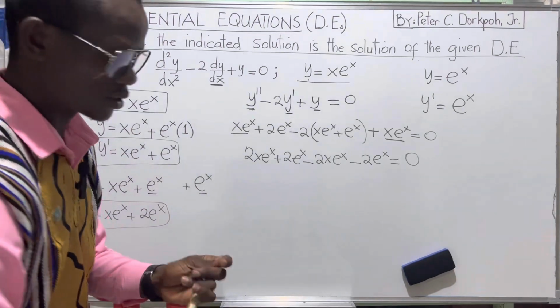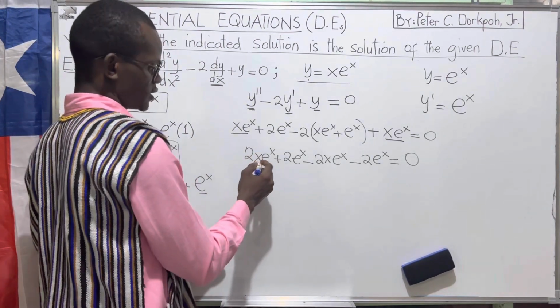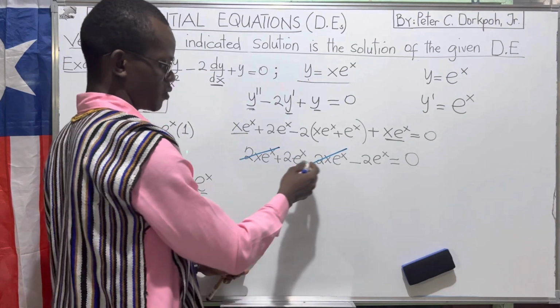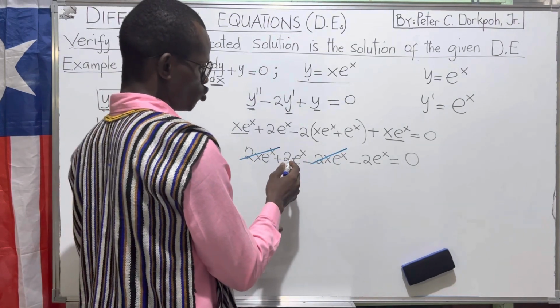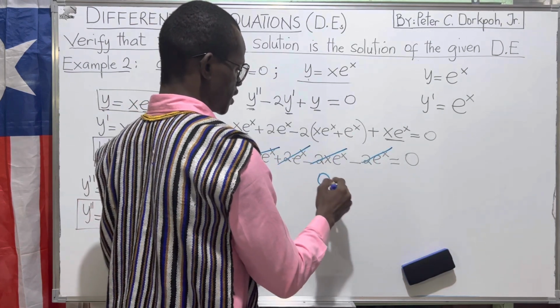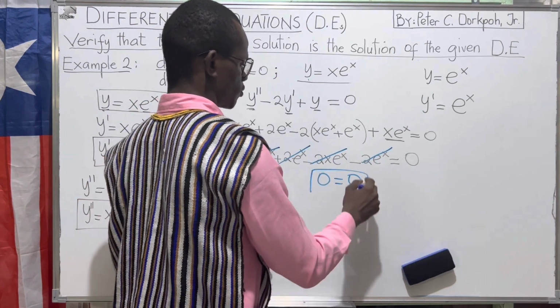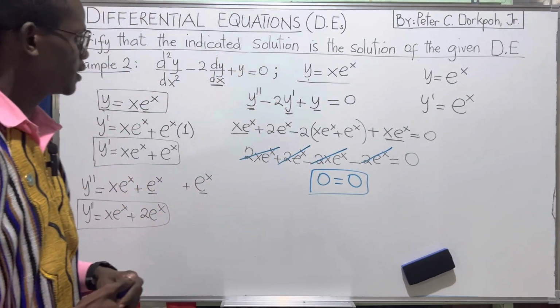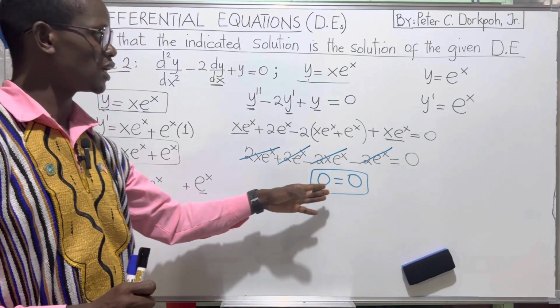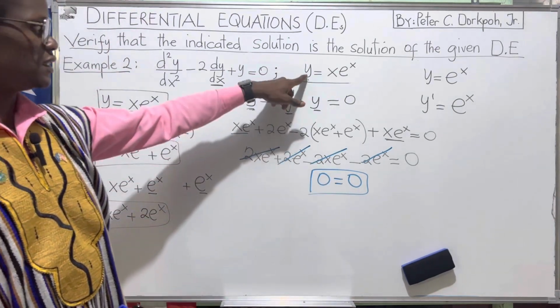So what do you notice? 2x e raised to the power x can cancel 2x e raised to the power x, opposite signs. 2 e raised to the power x minus 2 e raised to the power x. So you have 0 equals 0. Since the left hand side is equal to the right hand side, you have now verified that this